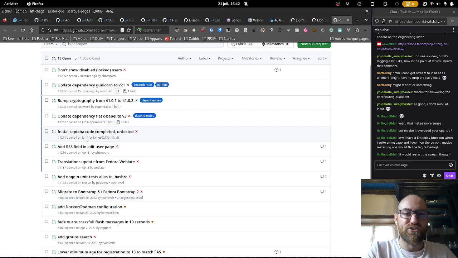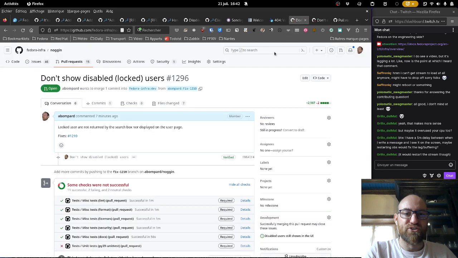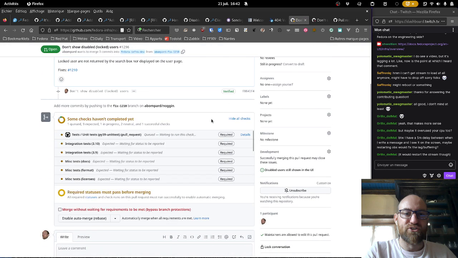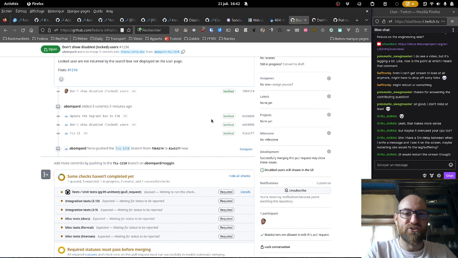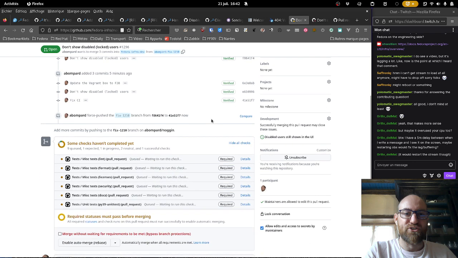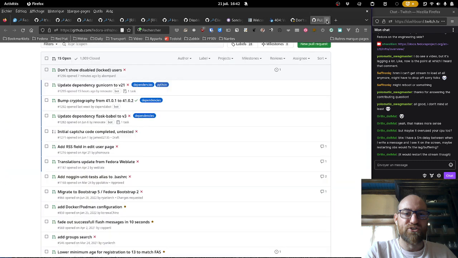Okay, let's look at Git now. It should be rerunning the test now. GitHub is running the tests again. And hopefully it's not going to fail like last time.